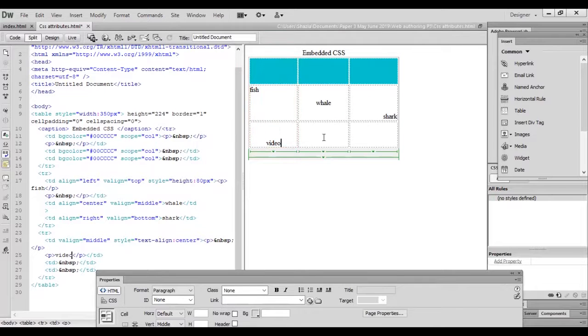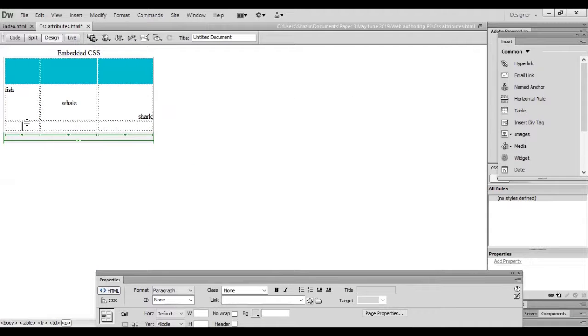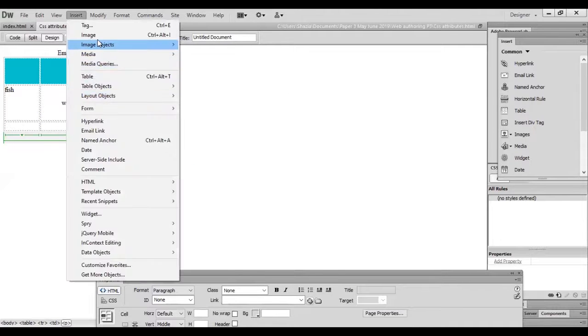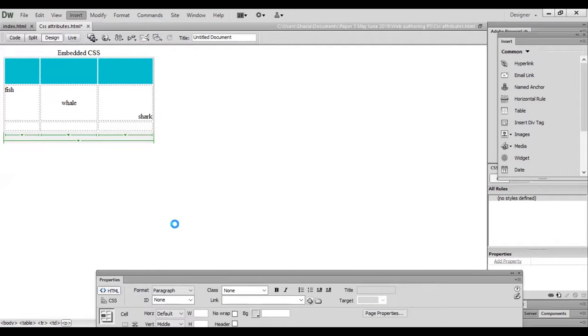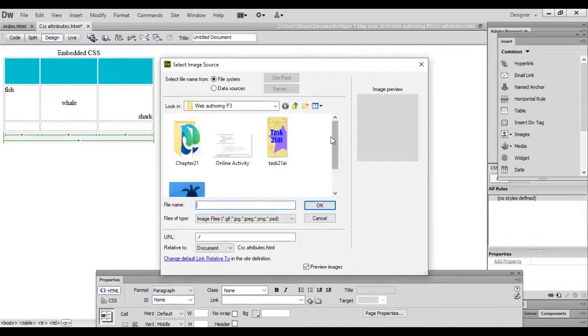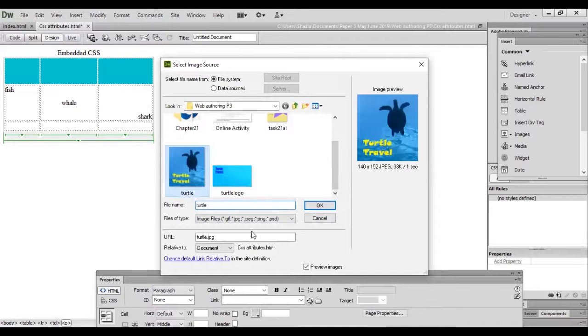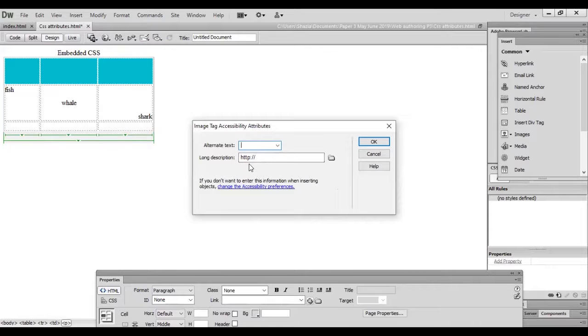Now just see and learn how to insert an image. Suppose I want to insert an image, so go to this and insert one image. Whatever I type here is the alternate text, so when you view your page it appears on mouse over.